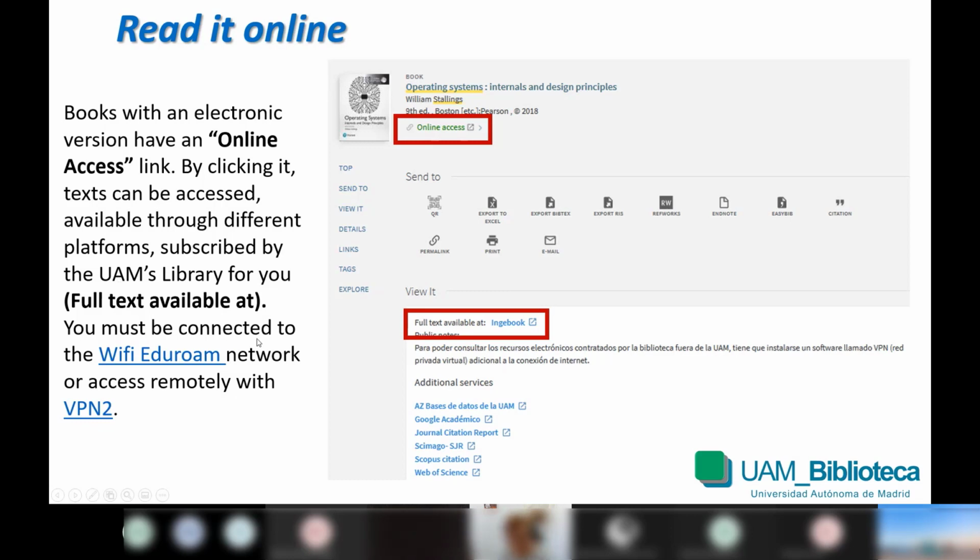Remember that while you are at the campus, you are connected to the Wi-Fi Durham network. But if you are outside the campus, you will need to connect the VPN software. It's very easy to use. You just have to install it on your laptop, and then before